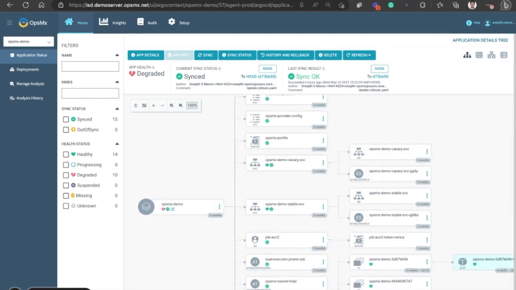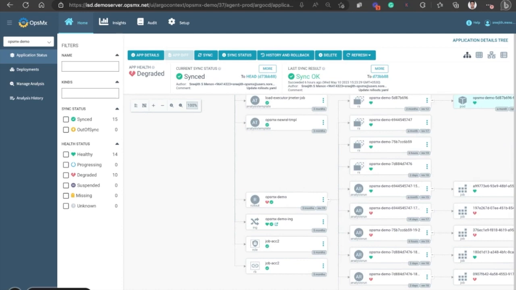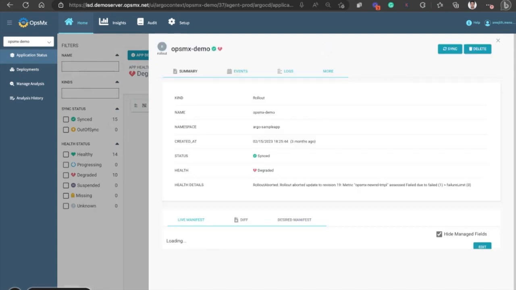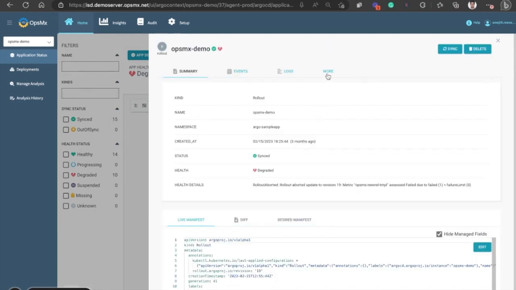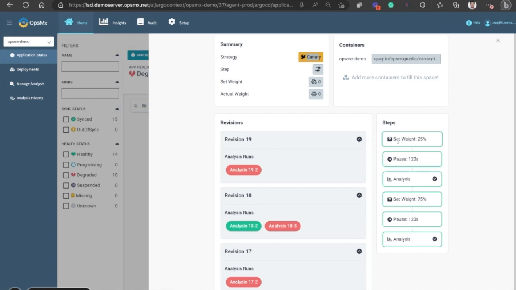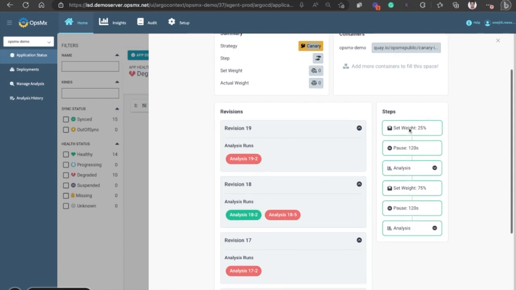Let's talk about the delivery intelligence module. As you can see here, Argo Rollouts is enabled in this application. OpsMX ISD also provides a plugin which is called the rollout dashboard. This dashboard helps you to visualize your advanced deployment strategy. As you can see here, we are using Canary as a strategy, and then there are different steps within that strategy. You can see initially 25% of traffic is being routed to the new version, and then it waits